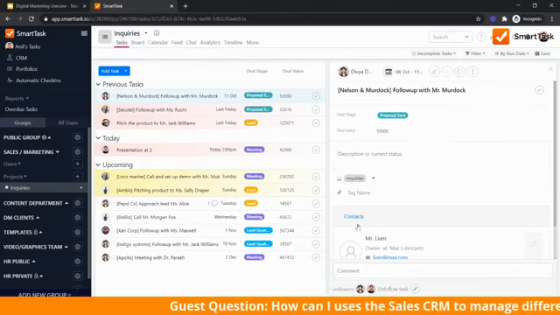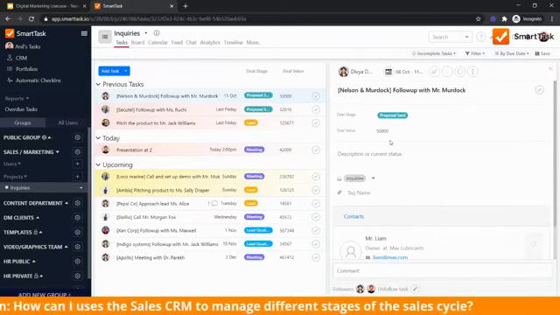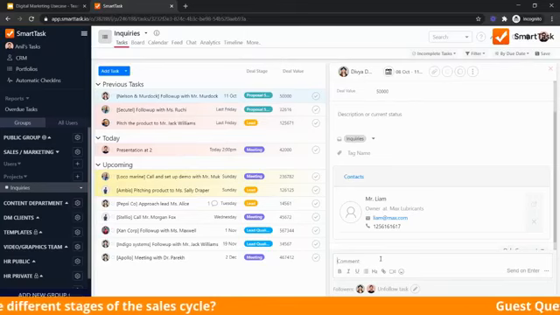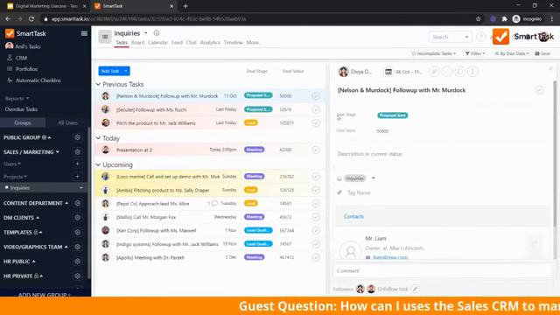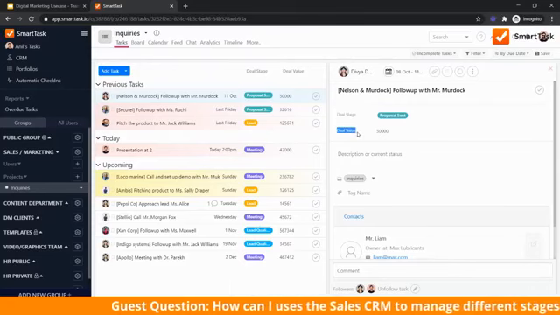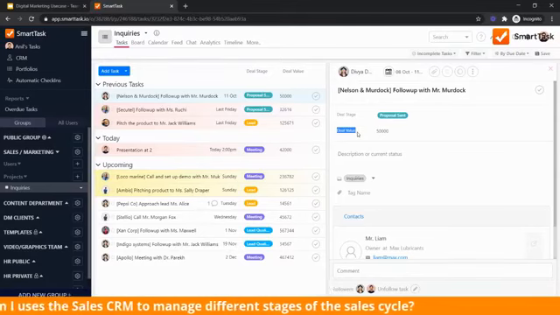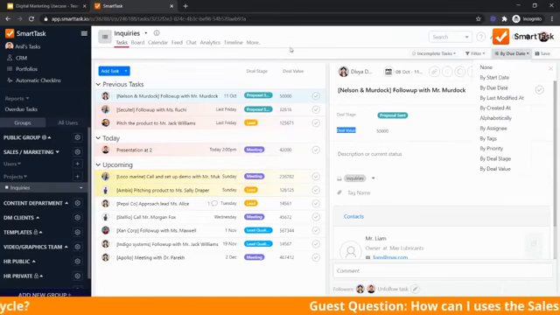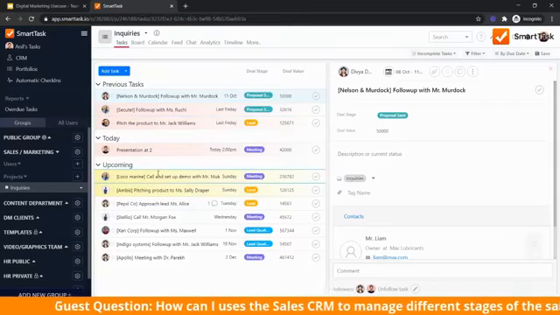So you attach your contacts here, so you know what the contact information is, and all of the discussion that happens with the contact goes in the comment section. So you know exactly what transpired until now and what the next action points are. So you have a deal stage and a deal value. Deal value is an approximate value you put in depending on your conversation with the client. And once you have all of this information in the inquiries view, you always set it up sorted by due date, so that you know exactly which tasks are overdue and need to be addressed first, and what the upcoming tasks are, for example.